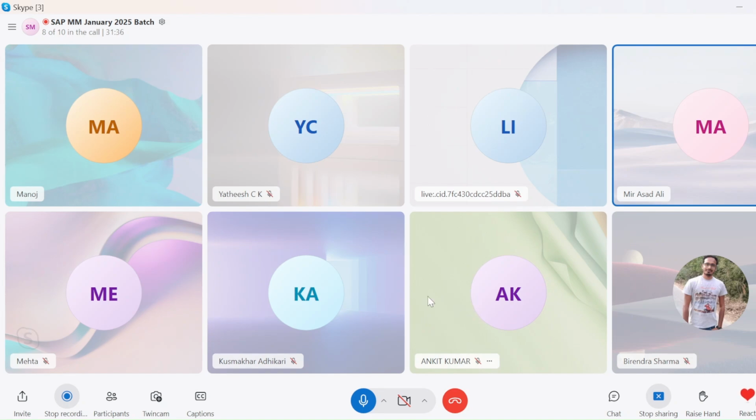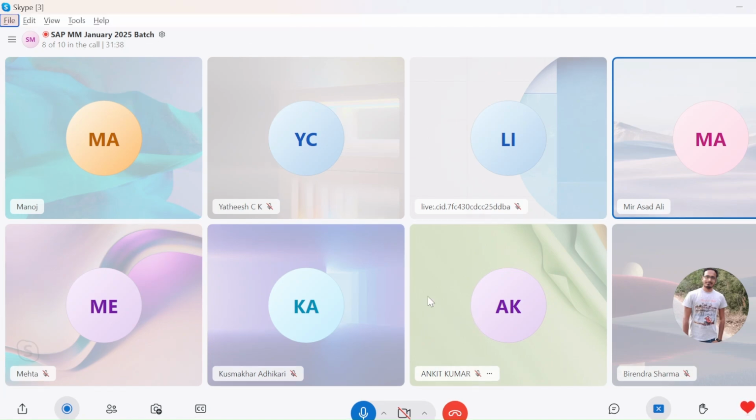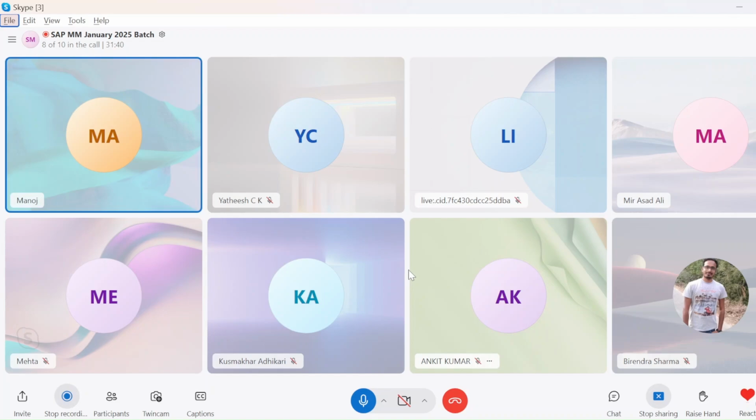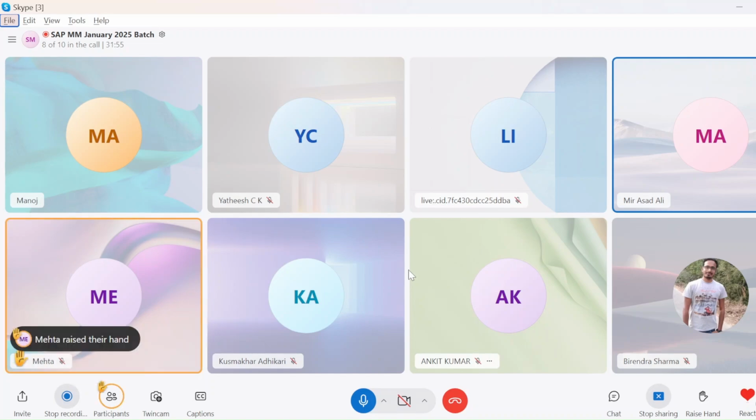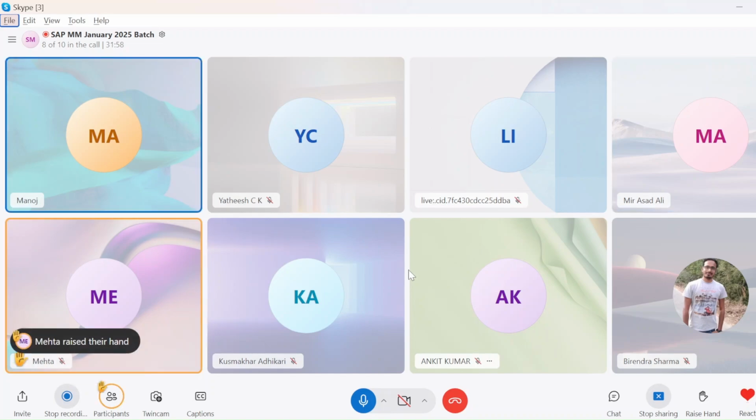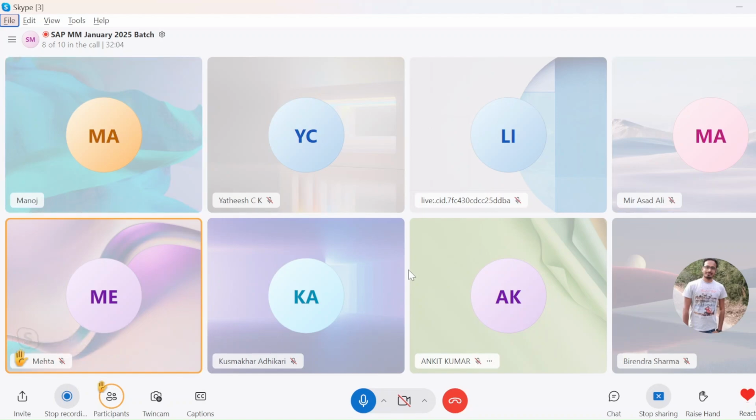Okay, it means rollout means the second copy of the existing one. You can say like that. For that existing company or existing plant, we are just doing it in another company, another country. Yeah, but it has to be maybe the same company. If a new company comes in, then it is again E2E for them. Yeah, then it will be. Okay, same company, I just took the example of Mehta Private Limited. Yeah, Mehta, you can ask what you're asking.